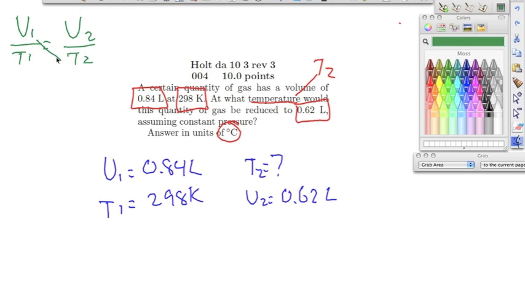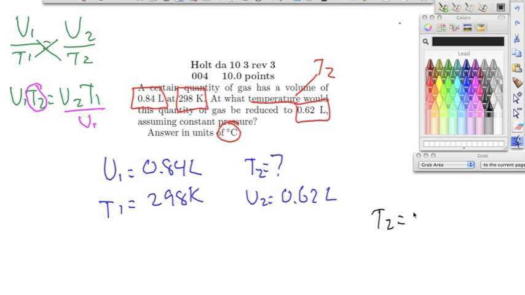Now from here, remember, if we see a fraction, we always cross multiply. So we have V1 times T2 equals V2 times T1. Now if we look at what we're solving for, T2. So this is what we're solving for. We divide by what's next to it. So we divide by V1. So in our equation, it'll be set up where we have T2